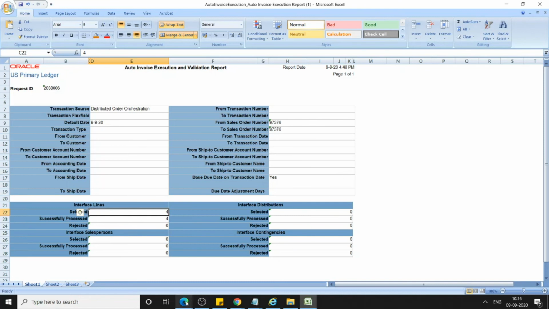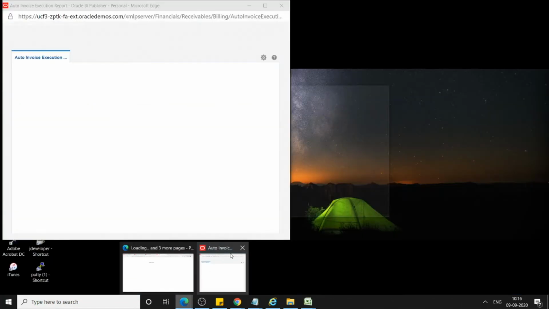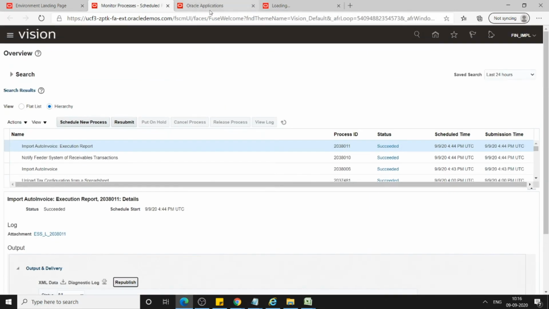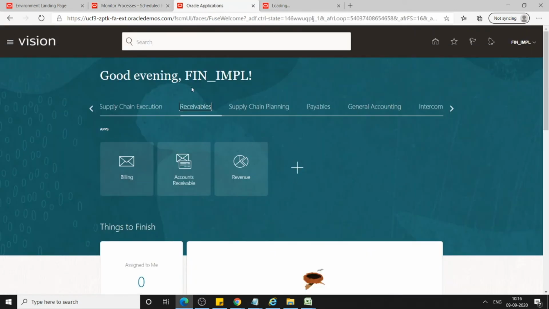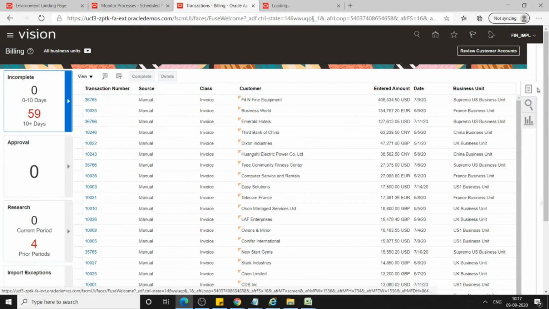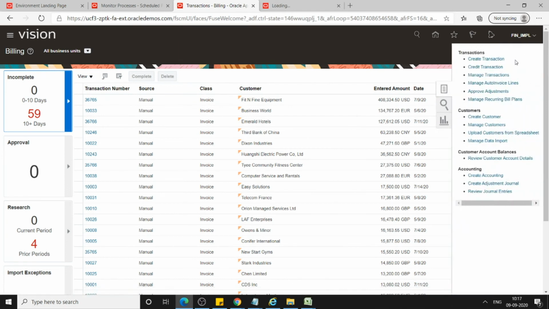Now go back to your receivables. This is my page, and I have already logged in as a financial implementation user. Under receivables, click on billing. From billing, click on tasks, and here we have to select manage transactions.